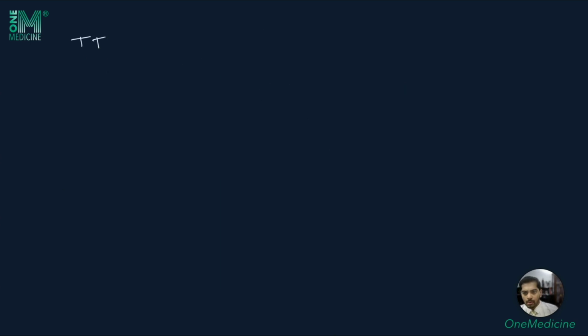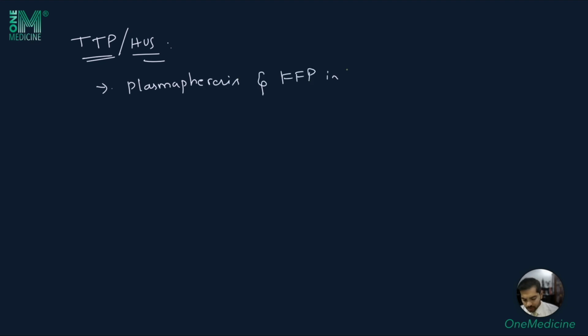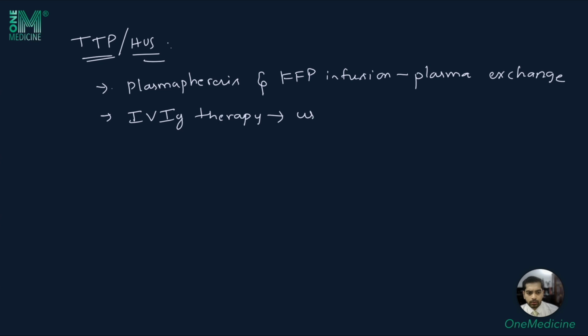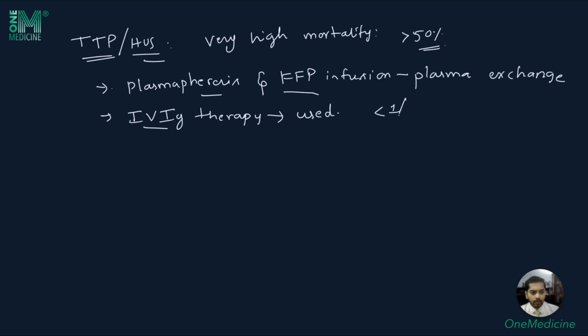The next condition is thrombotic thrombocytopenic purpura, or HUS. In this condition, rapid initiation of plasmapheresis and along with the FFP infusions in the form of plasma exchange or even intravenous immunoglobulin therapy are used. TTP or HUS carries a very high mortality, almost reaching up to 50% or more than 50%. But in prompt initiation of plasmapheresis and FFP or using IVIG, the mortality can be reduced to less than 1/3